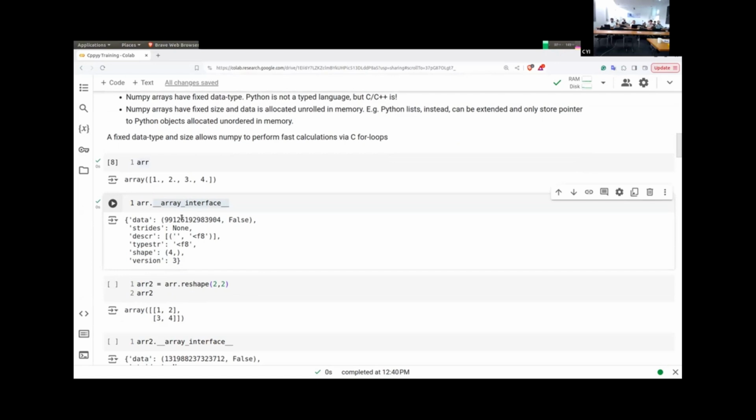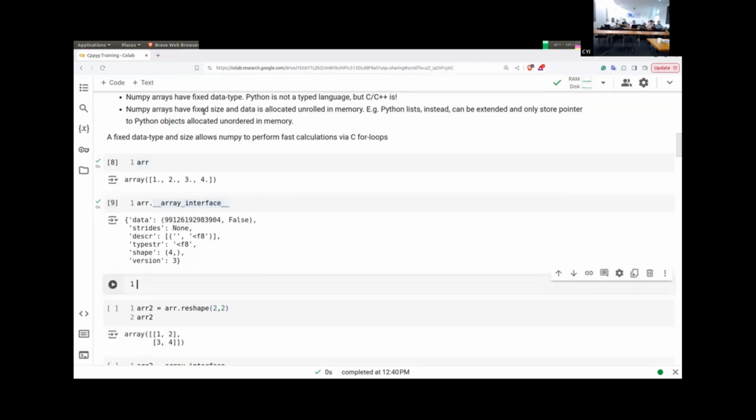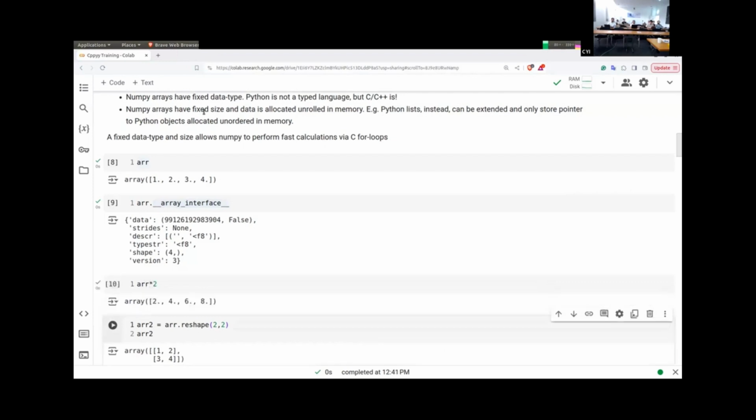This pointer, then, you can understand, is passed down once we do an operation like array times 2, okay? What NumPy will do is call a precompiled function in a library and pass this pointer and the size of the array and say multiply by 2 all the elements. And this is all you need for operating on the C side. It is very important to know that NumPy is doing this because very often you may end up in situations that you don't understand why they're happening,